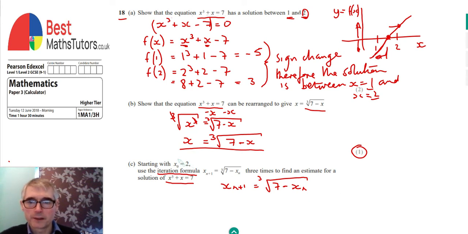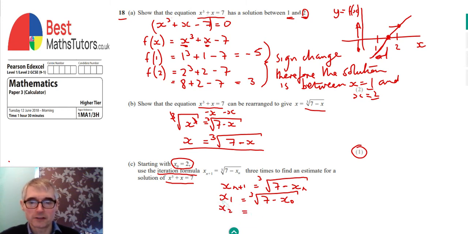And it means that given x naught, if we put the value of x naught into the right hand side of this equation, we'll get x1. So in other words, x1 is equal to the cube root of 7 minus the value of x naught. And because we do know the value of x naught, we can put that into this equation. That will give us x1. And the iteration bit is where we keep repeating something. So then we would find x2